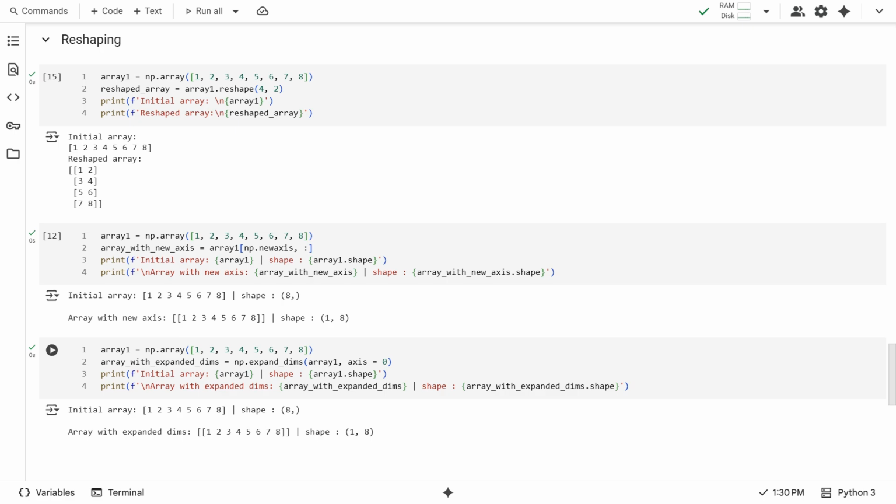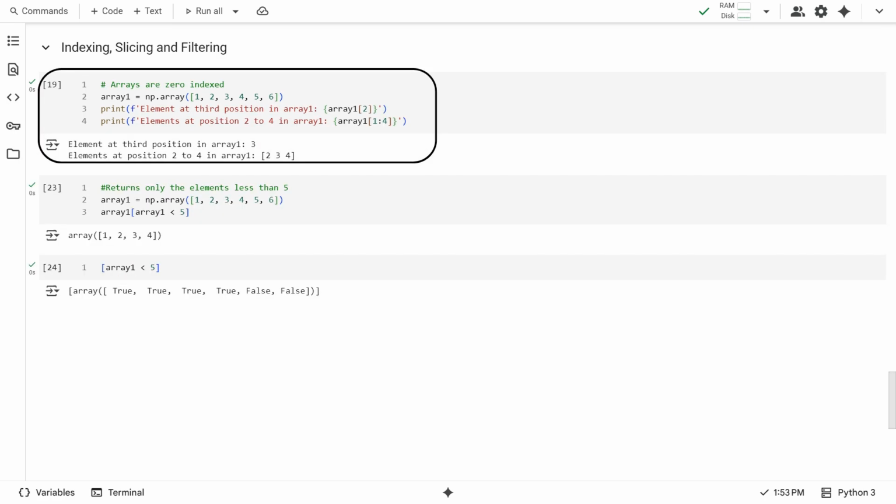In the case of newAxis, we specify where to insert the new axis, using np.newaxis, but in the case of expand_dims, we specify which dimension to expand. Notice that there are 2 square brackets in the expanded arrays, while in the initial array, there is only one. This means that a one-dimensional array has been converted into a two-dimensional array.